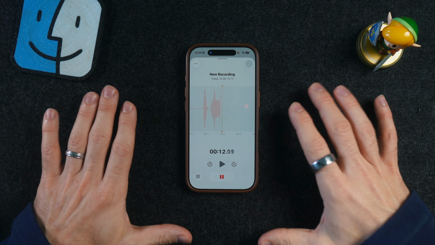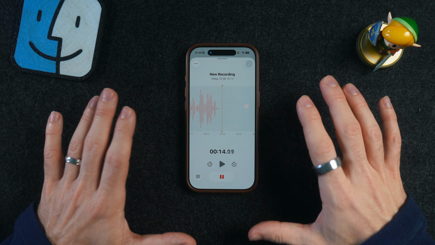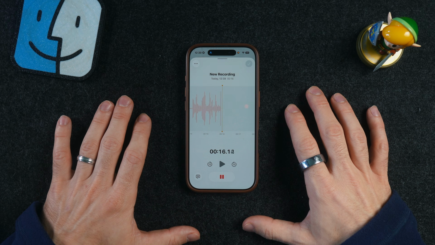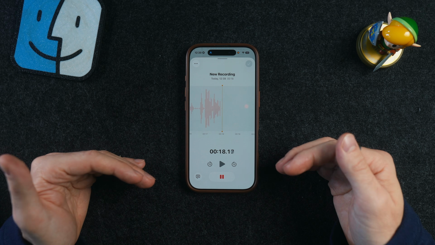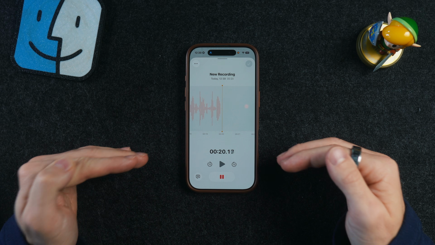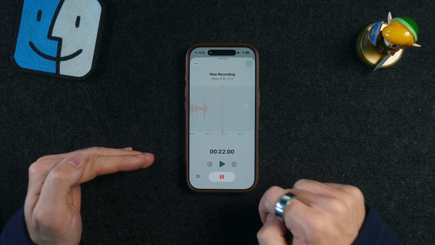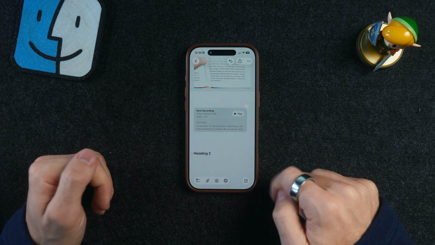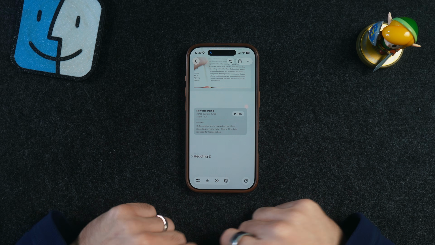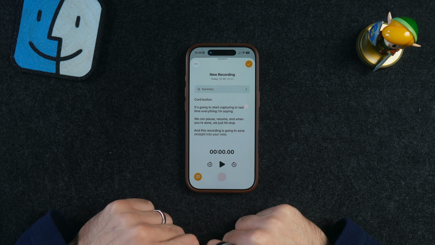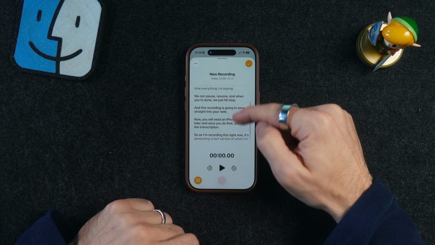Now, you will need an iPhone 12 or later, and once you do that, you get the transcription. So as I'm recording this right now, it's generating a text version of what I'm saying. So let's stop this and hit done. This is going to appear as a little attachment in your Apple Note, and I can tap on here, and I can scroll through the live